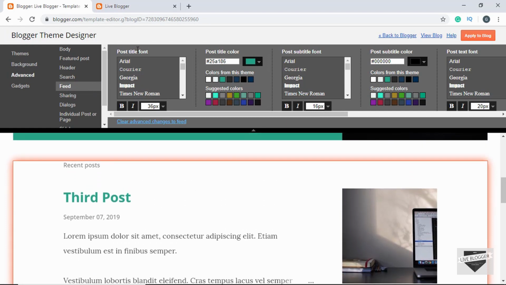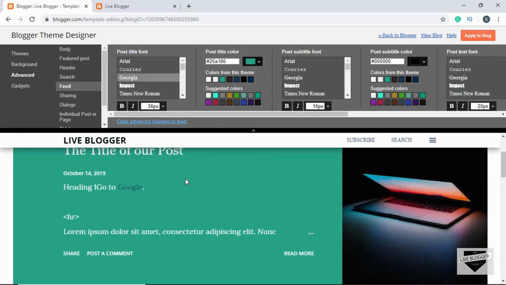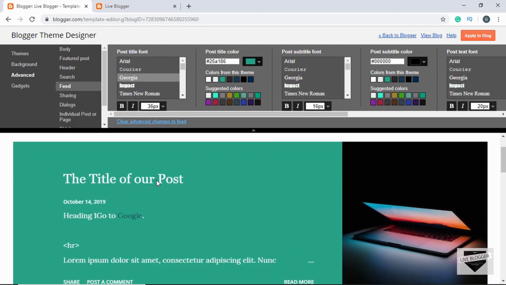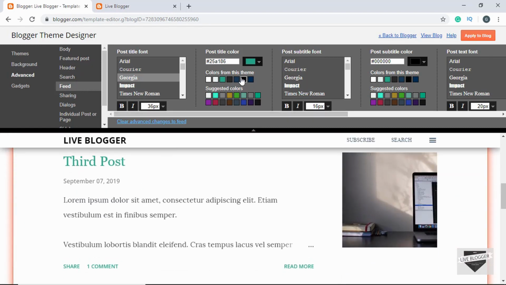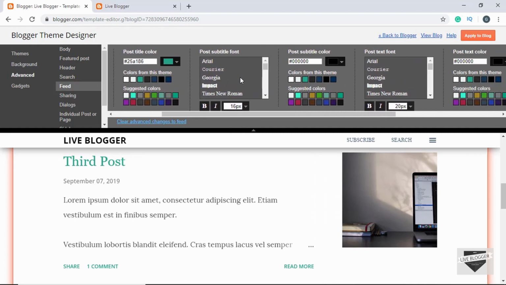So let's go ahead and change the post title font. Let's make it Georgia, and here we can see the font has changed. And if you go up to the featured post, we can see the font of that has changed as well. So if you want to change the font of the featured post, you have to do it in the feed option over here. Alright, then we have the option of changing the color that we saw earlier,